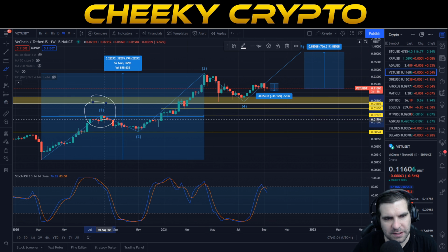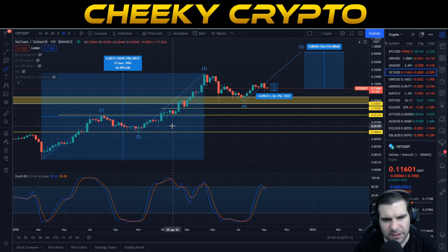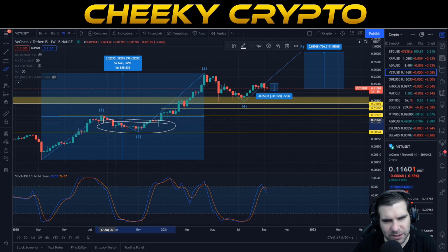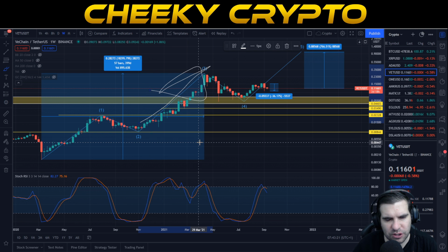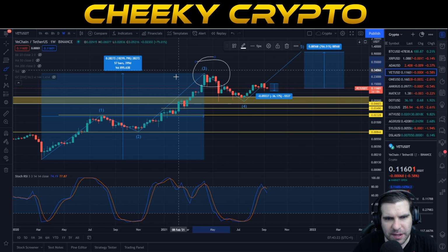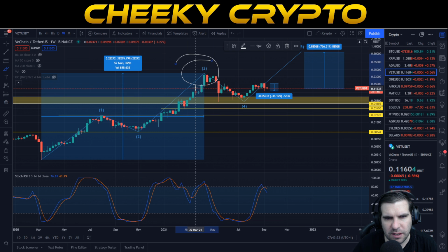Okay, so wave 1 peaked up here around August time. Again, this was setting new all-time highs for Vechain at the time. We then pulled down into the second wave correction. This actually kind of bottomed out around November of 2020. This was actually more of a sideways trade, as you can see. We then went up to a nice, strong New Year start with wave 3 peaking out around the April time. Okay, so around 12th of April, week commencing 12th, was a peak of Vechain during this third wave to the